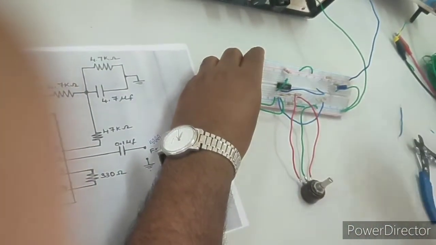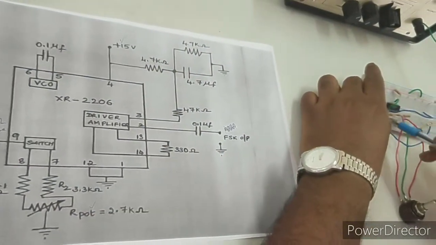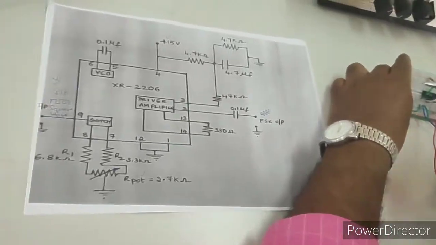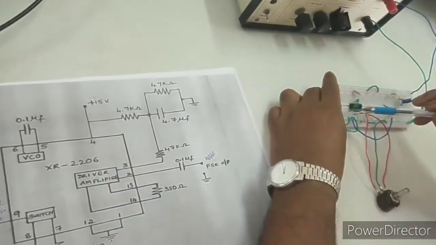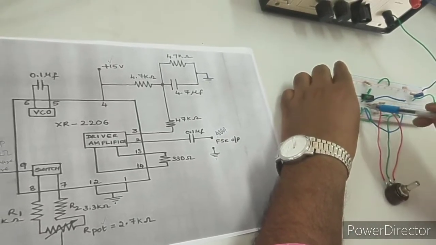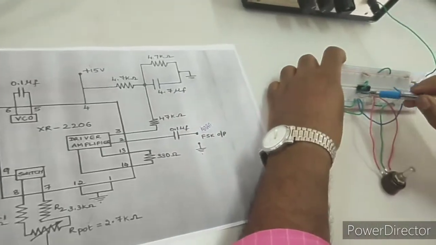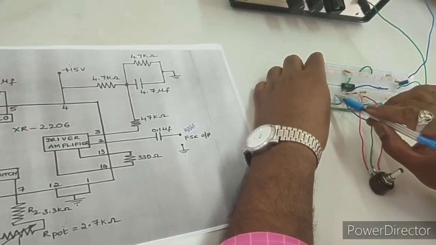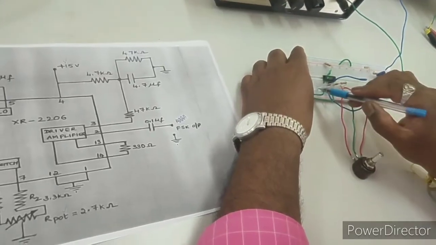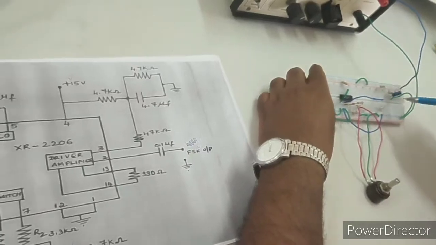So I will show you one more time. Start from pin number 1. Pin number 1 is grounded. At the same time 12 and 1 are shorted. This is 1 and it is 12. And from pin number 2 there is a capacitor 0.1. From pin number 2 there is a capacitor that is freely open, so that you can check the output later. And this is the entire network I have shown you.